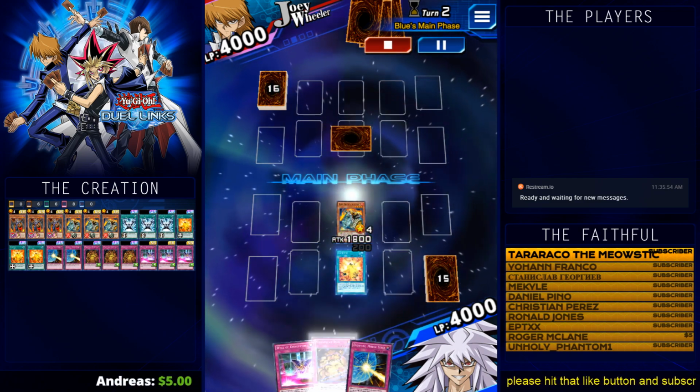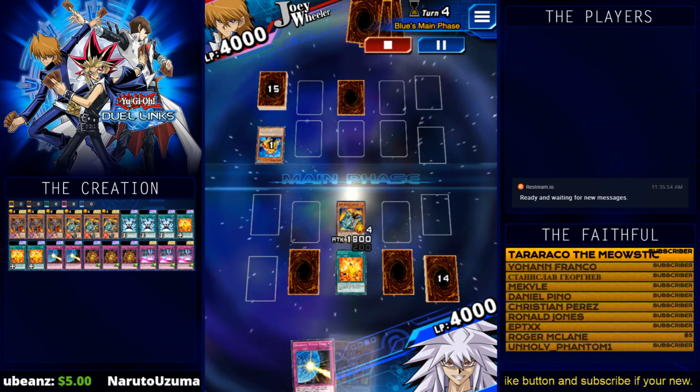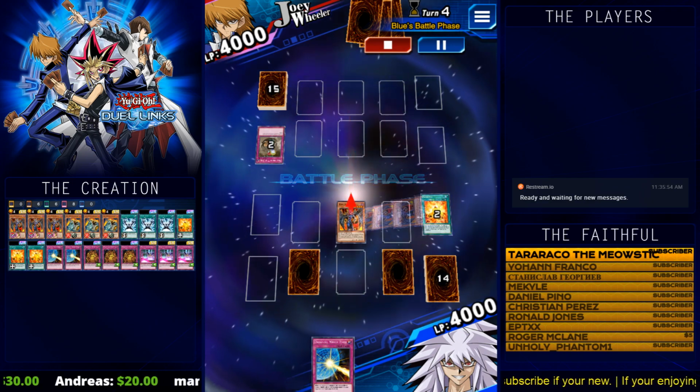But we're going to start with Supervise, Heavy Knight. You know, we got 2 back row. Go ahead and take out his Swap Frog. He sets 1 back row. And then he's going to go ahead and use Treacherous Chapel. But we have that Supervise. I'm going to go ahead and bring back Valkyrie. And right here is where